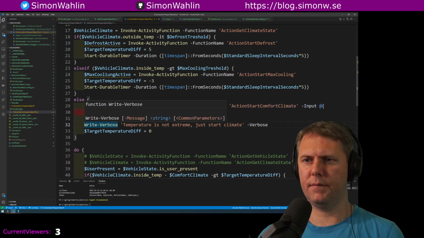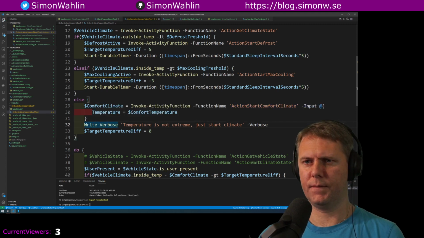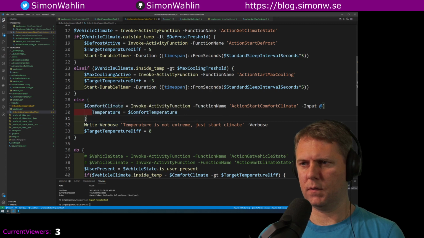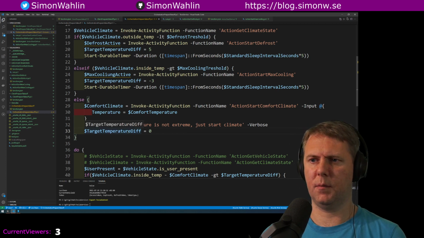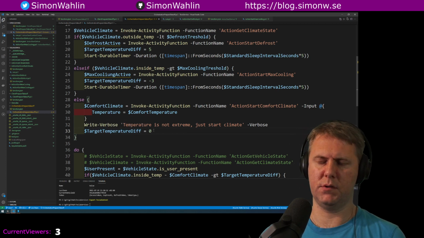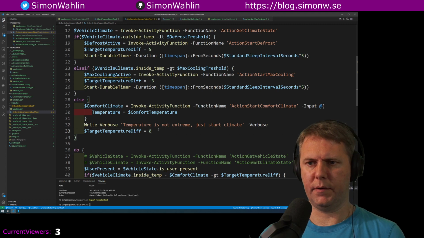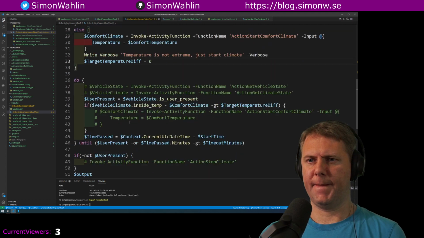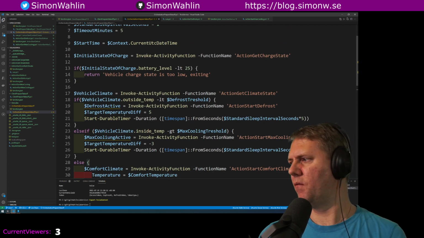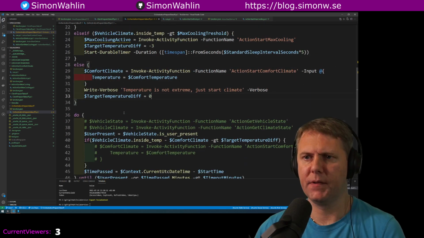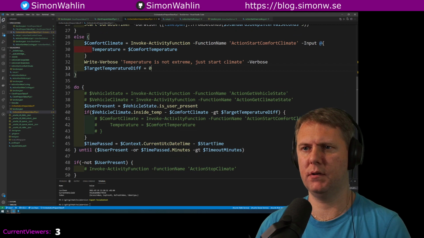That should be enough. And then we just write the verbal specifier saying temperature is not extreme in any way, and the target temperature difference should be 0. So we should aim for the comfort temperature. So this should just select mode. And then we should